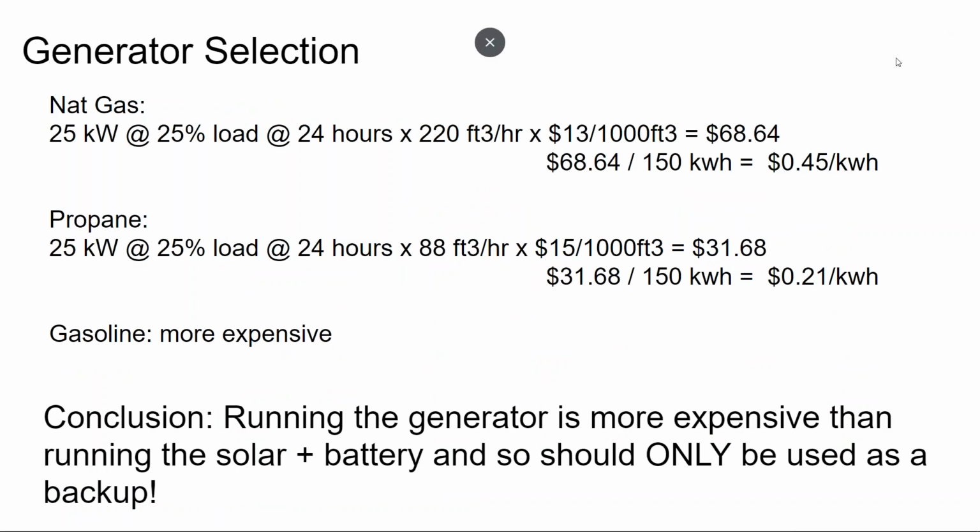So let's say I'm using a generator to generate electricity. It can work well at the utility scale, but the short of it is that it's very expensive to generate electricity with a residential generator. We're not trying to give our customers a 21 cent a kilowatt hour electric bill when they're currently paying 12 cents a kilowatt hour. What we want to do is just have this generator be used a few times a year.